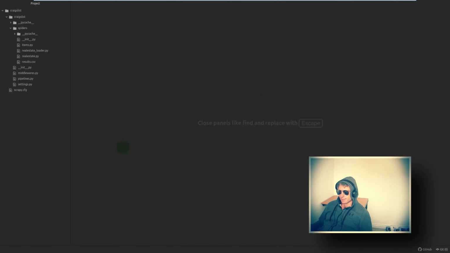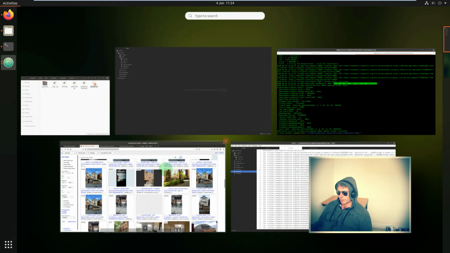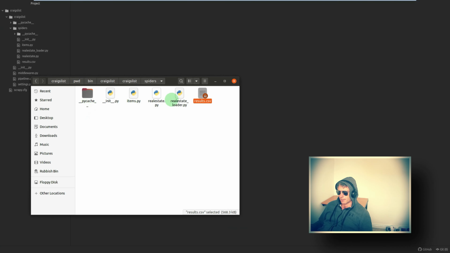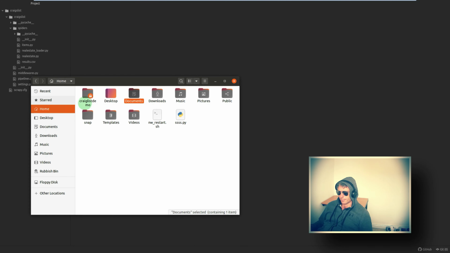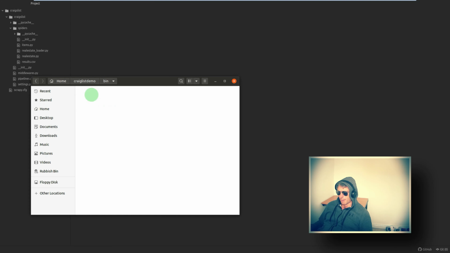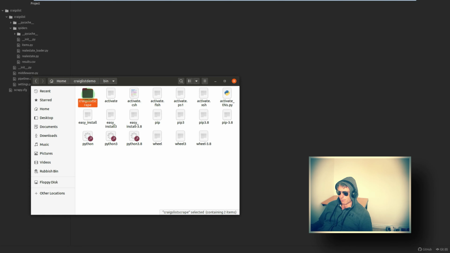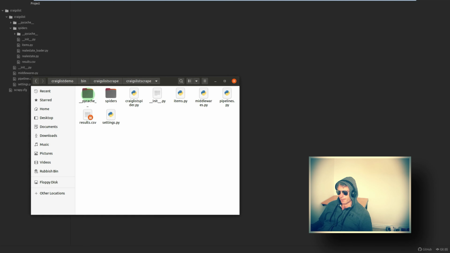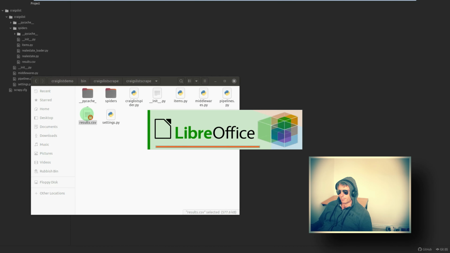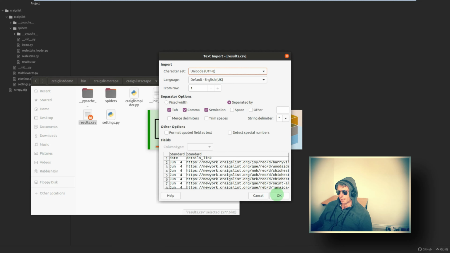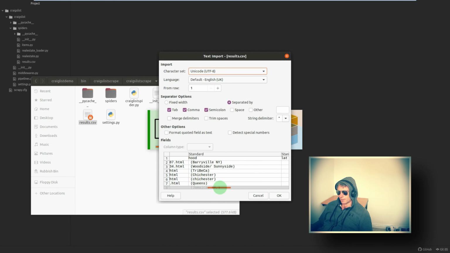Because that looks good, I'm now going to open up, let's go back up to home, Craigslist demo, bin, Craigslist scrape, results.csv, and that will open with LibreOffice. I get the little preview. Again, the preview is good because it just shows you